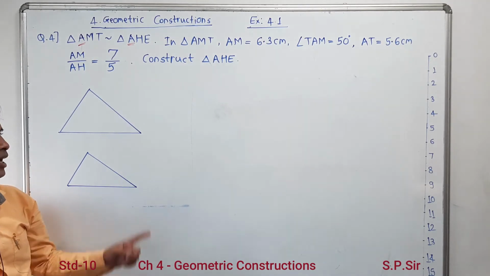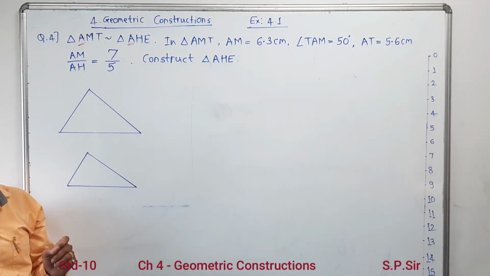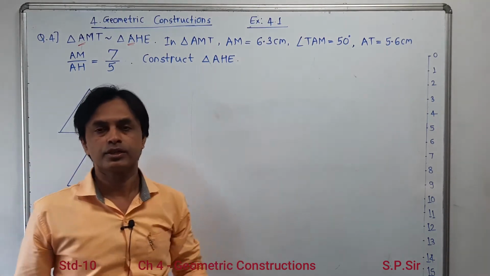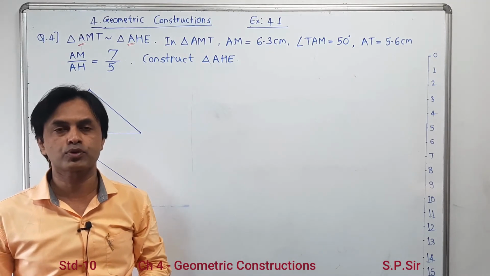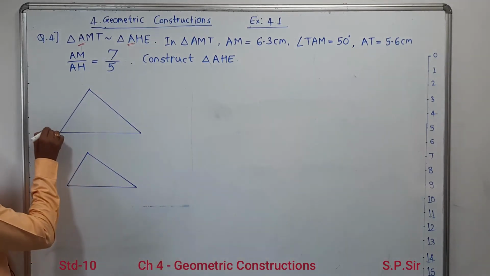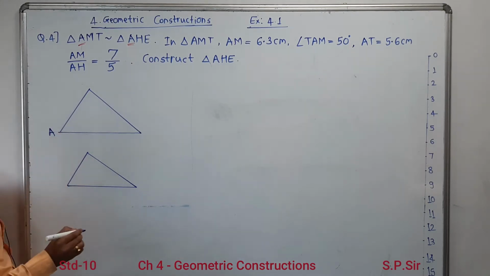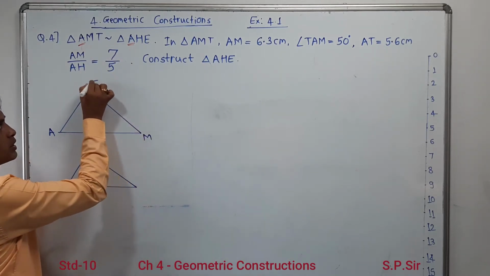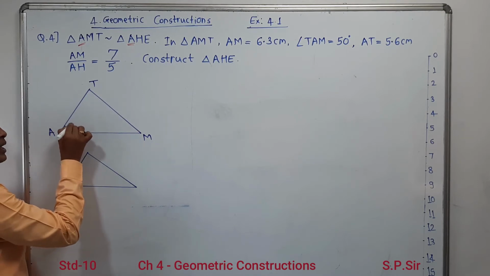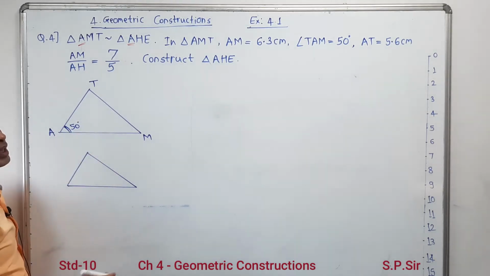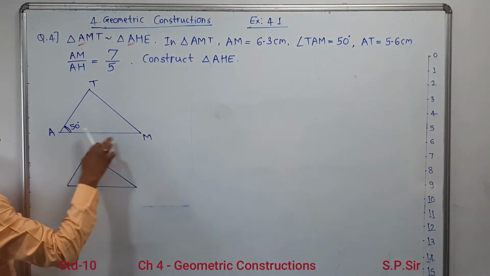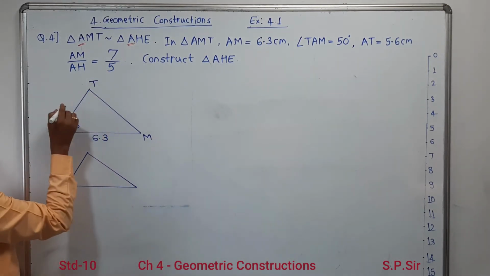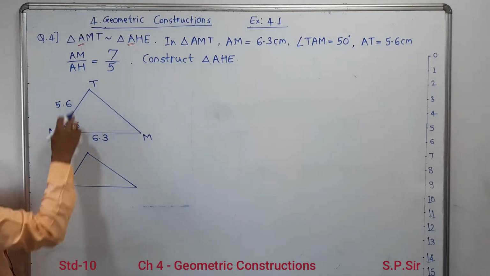Okay, for your understanding, I have drawn two rough diagrams and I am going to indicate the symbolic presentation. Here they have given angle TAM, means angle A is 50 degree. Students, as angle A is given over here, you are supposed to draw it at the bottom. Means hook or crook, I have to take A at the bottom in the first stage. So I am going to give this triangle the name AMT. Why? Because I can draw my angle A 50 degree with the basement support. In addition to that, they have given AM is 6.3 and AT is 5.6. So I can draw this triangle.